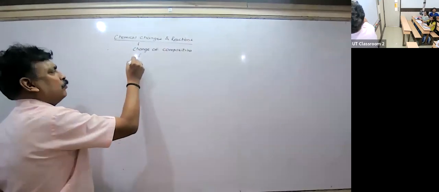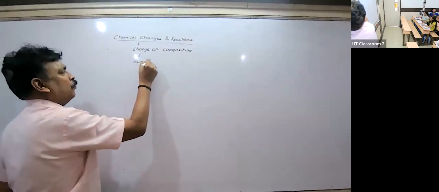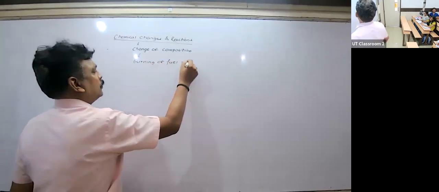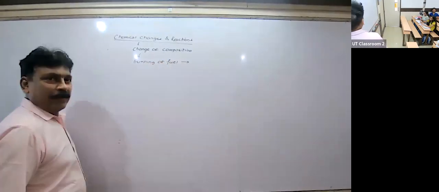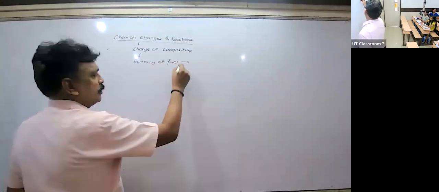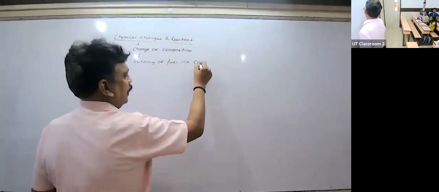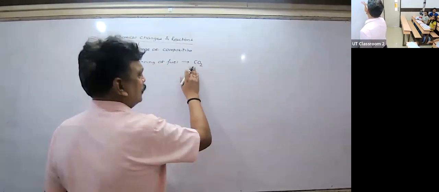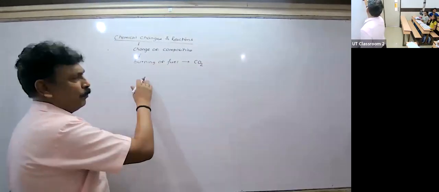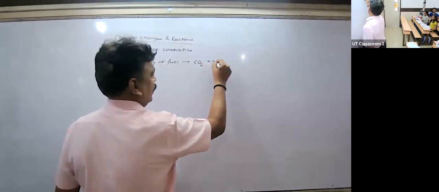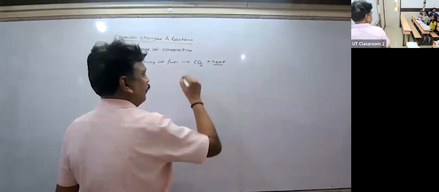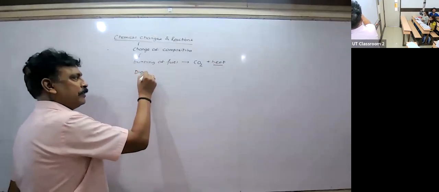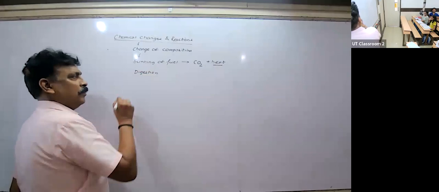When you do burning of coal or burning of fuel, or burning of a gas, or there is coal, is leading to what? Formation of what? Let us say carbon dioxide and water vapor. Now this carbon dioxide which is evolved due to burning of fuel plus large amount of heat is generated, then definitely it is a chemical change. Likewise, for example, digestion of our food is a chemical change. Yes or no, children? Yes. Okay. Third is nothing but what?